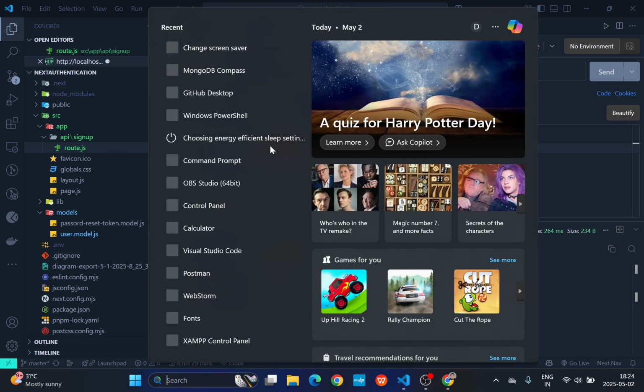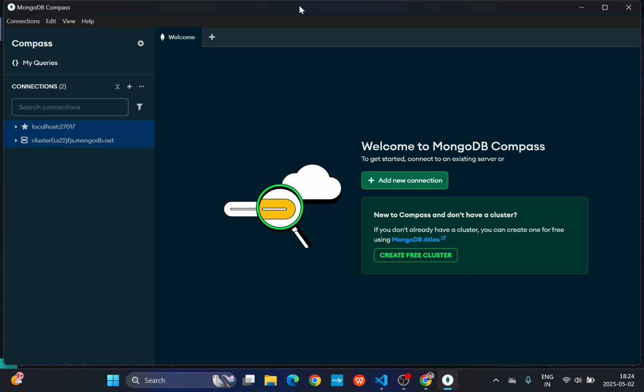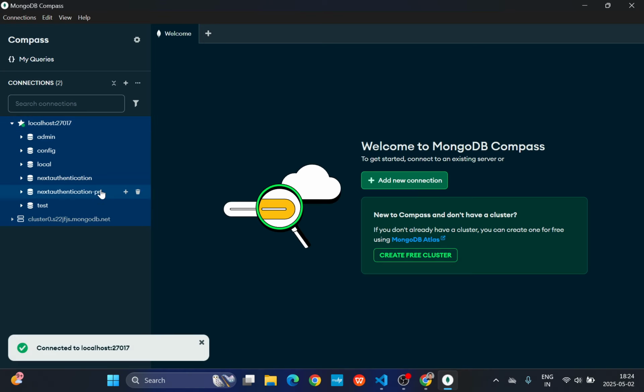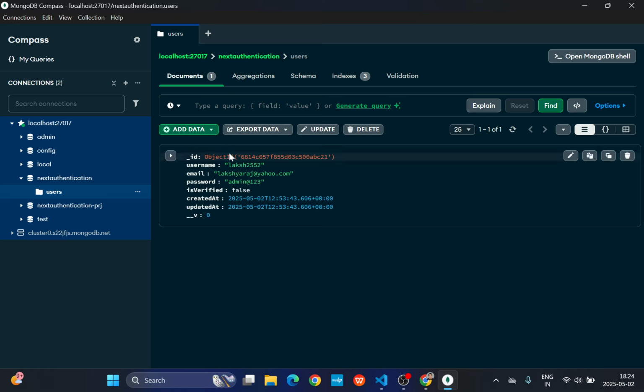already taken. Now, if I go ahead to my MongoDB Compass and check out this localhost 27017. Now, let me tell you, I have changed the password of my MongoDB cluster database. Now you can see this is the document that we are talking about. Now you can see we are storing the password in plain text, which can be a threat